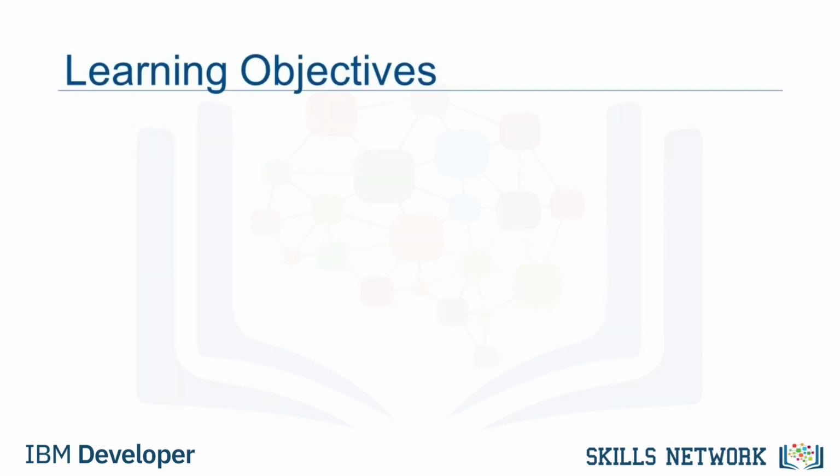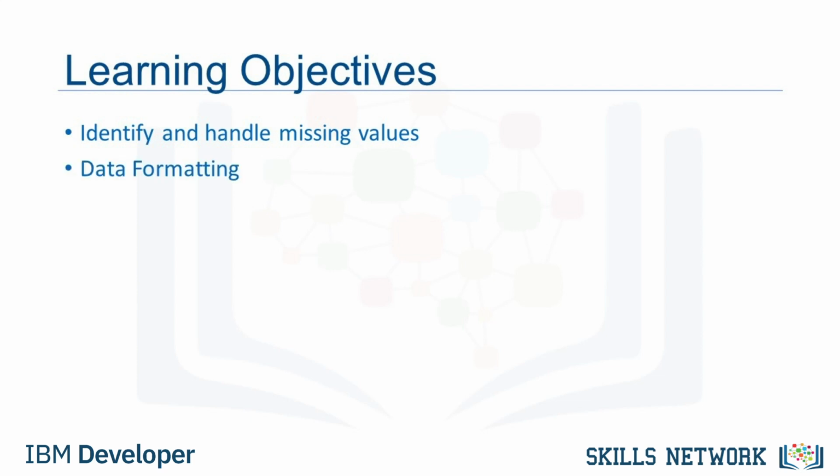Here are the topics that we'll be covering in this module. First, we'll show you how to identify and handle missing values. A missing value condition occurs whenever a data entry is left empty. Then we'll cover data formats. Data from different sources may be in various formats, in different units, or in various conventions. We will introduce some methods in Python pandas that can standardize the values into the same format, or unit, or